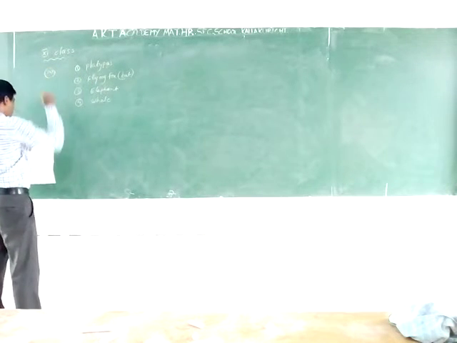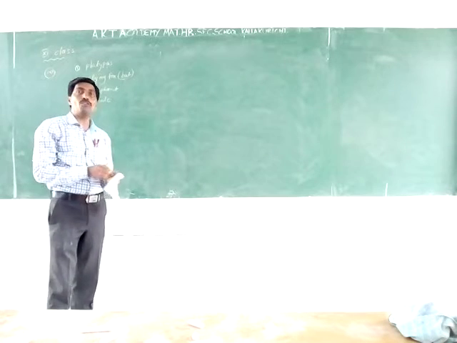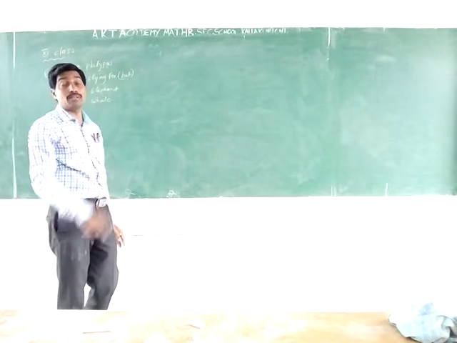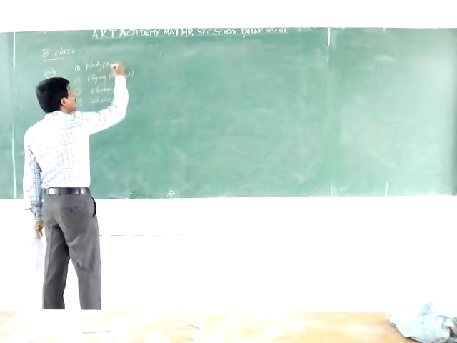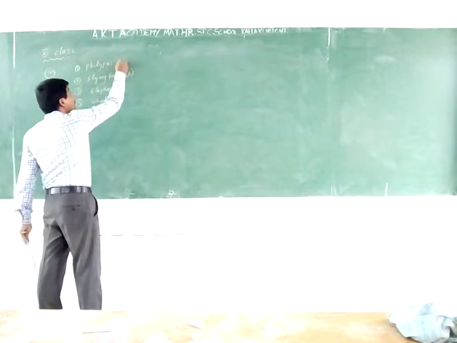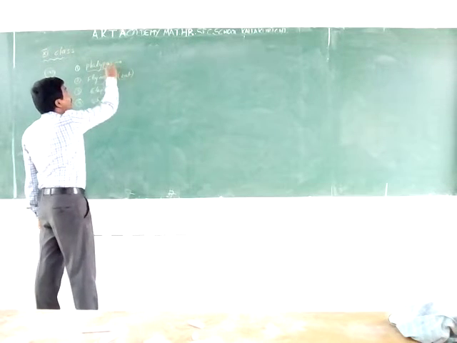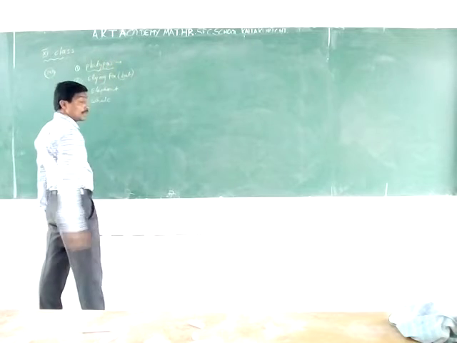141. Which of the following is oviparous? So what is the meaning of oviparous? Oviparous means egg-laying animals. The egg-laying animals are known as oviparous. Now here the platypus, the duck-billed platypus, belongs to Mammalia. It is an egg-laying animal.